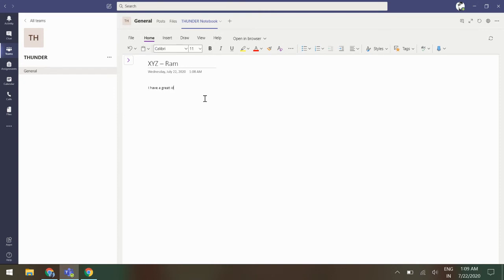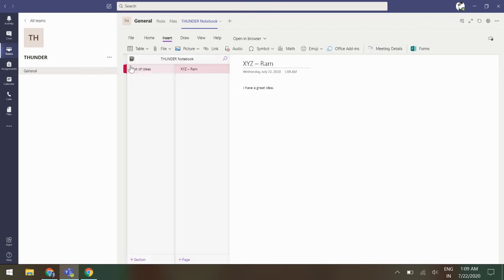He could explain to his teammates because this OneNote notebook is available to all the members present in this Thunder team. Whatever he types or inserts, images, files, PDFs, you can attach PDFs. You can put the links of his sources, everything he can put in this.